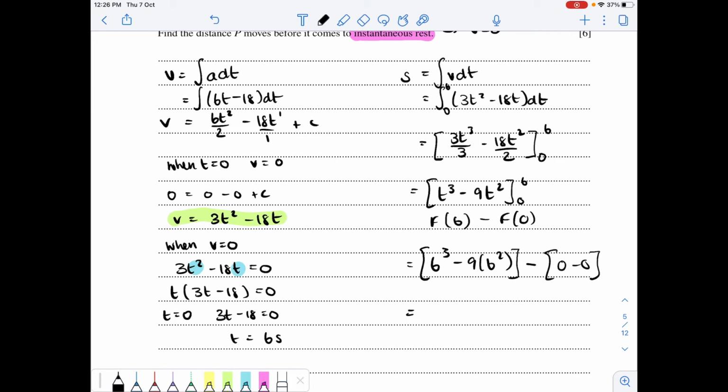So 6 cubed minus 9 times 36 is equal to minus 108